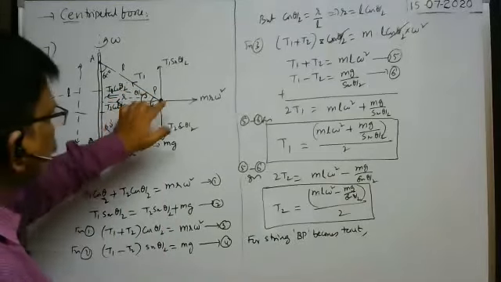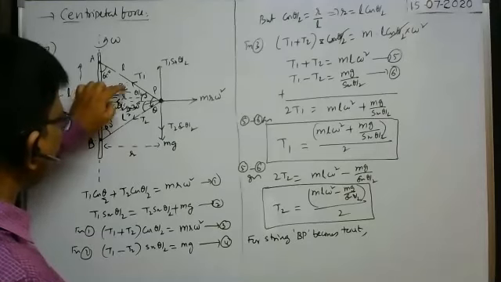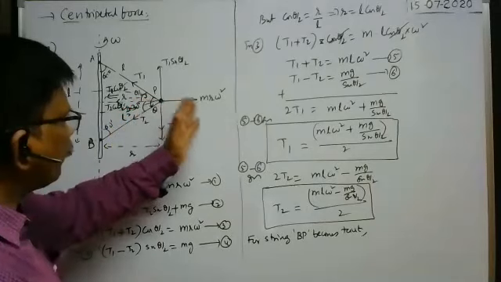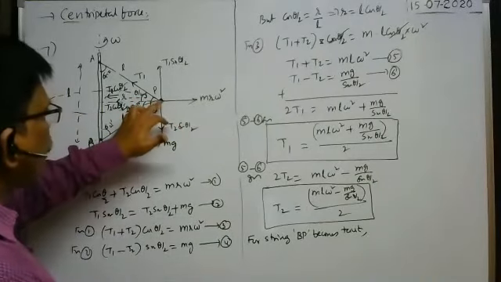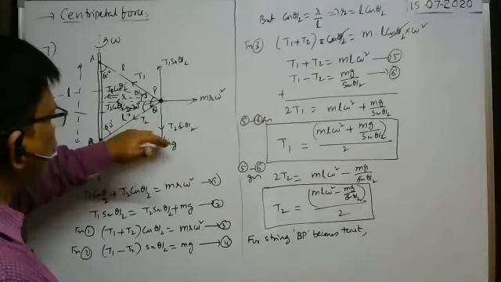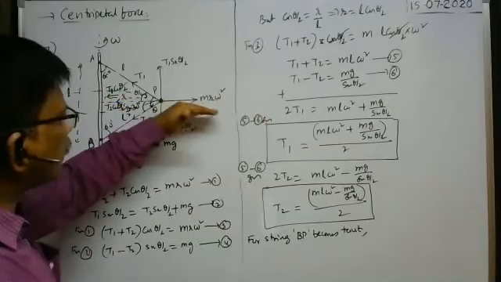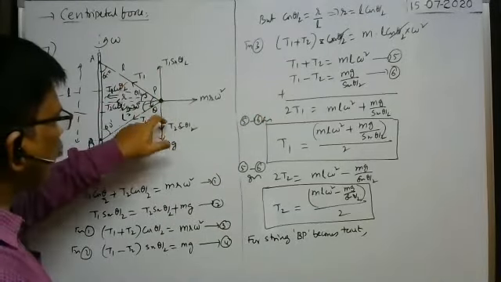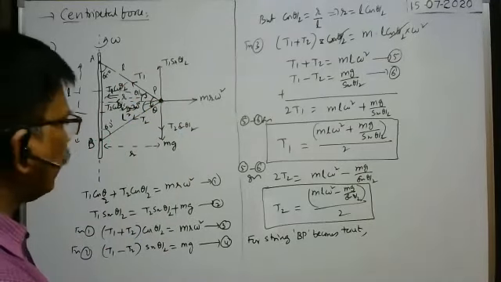So totally, towards the axis of rotation, T1 cos theta by 2, T2 cos theta by 2 act. And away from the axis of rotation, along x-axis, this m r omega square acts. As the particle neither rises upwards nor falls, neither moves towards left nor towards right, along x-axis net force is 0, along y-axis net force is 0. That's why this is equal to sum of these two. This is equal to sum of these two. I have written this.